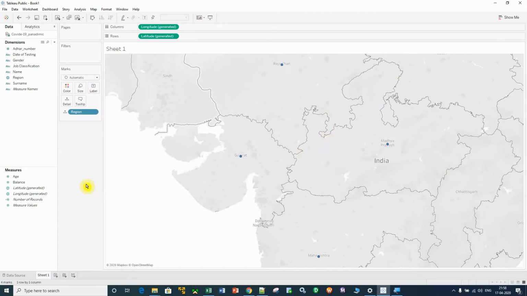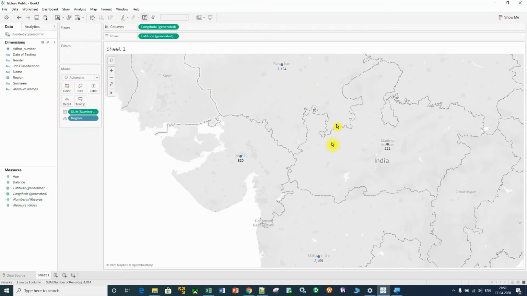Now we want the numbers to be displayed on this region. We do not have the number of people, but we do have the number of records. With the help of the number of records, we can identify how many people are affected by this COVID-19 pandemic, right? Drag that number of records column and put it into the label.